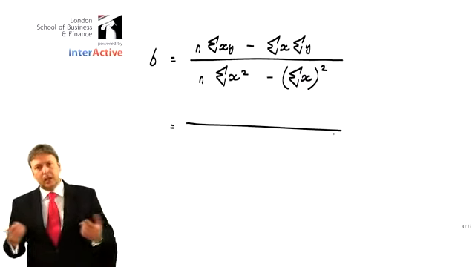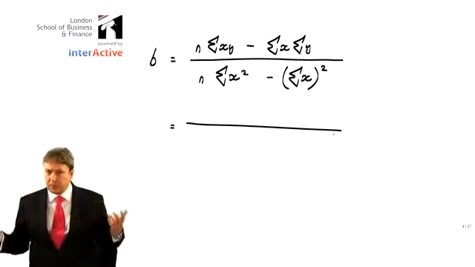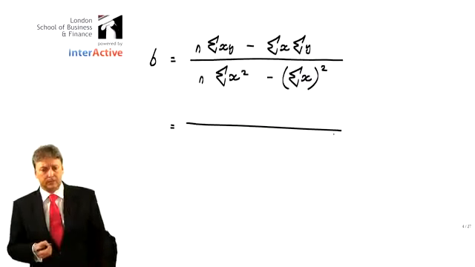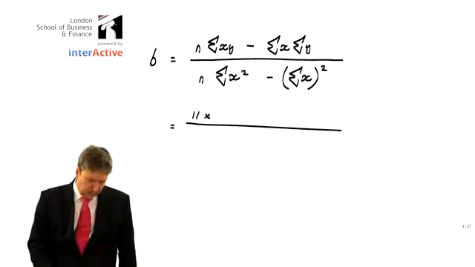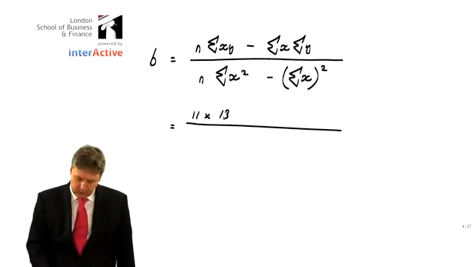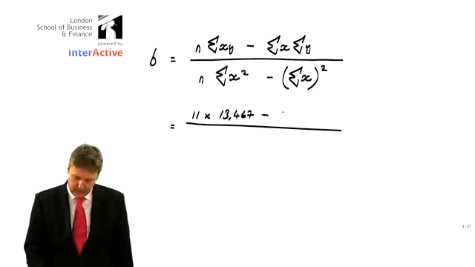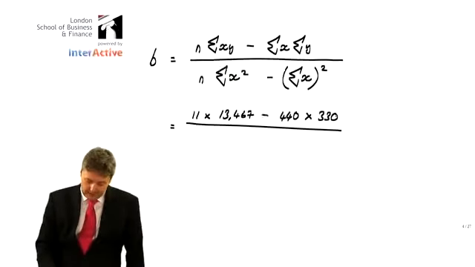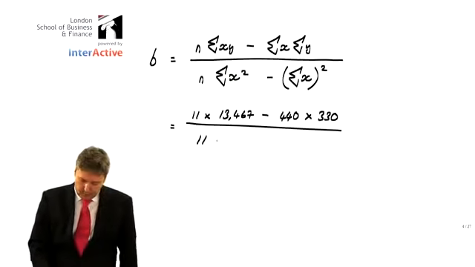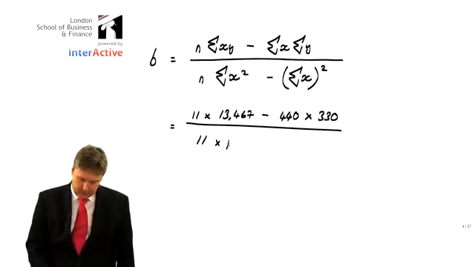Therefore, if we're looking for a value for B, let's just pump those numbers in that we already know. N, we said, was 11. Somewhere in the question we were told that the sum of x multiplied by y was 13,467 minus 440 multiplied by 330. And we divide through by n, we know is 11, multiplied by the sum of x squared,